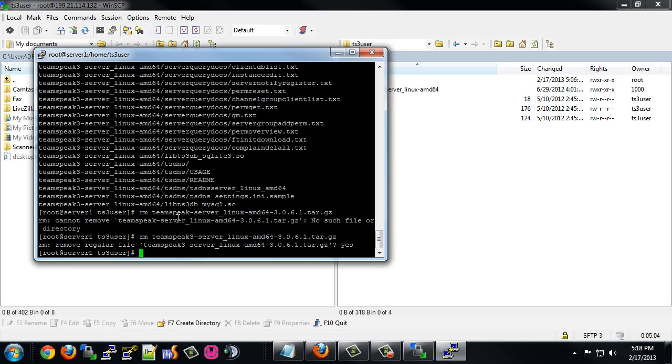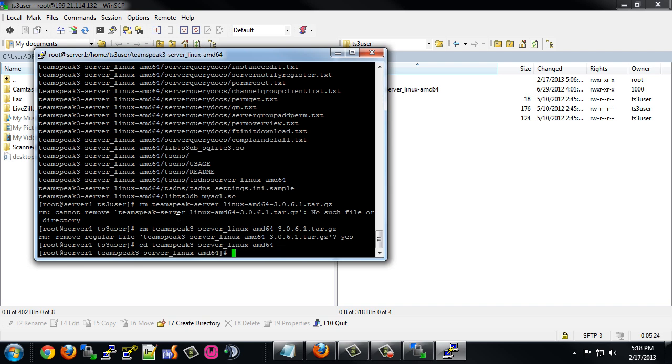And now what we need to do is change directory again, and this time we're going to go into the TeamSpeak 3 server Linux AMD 64 folder. And once we're in here, we're just going to type